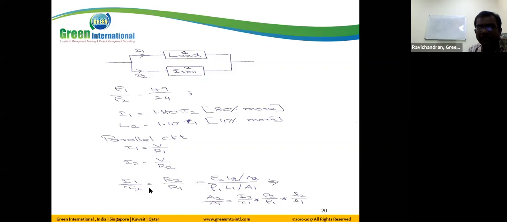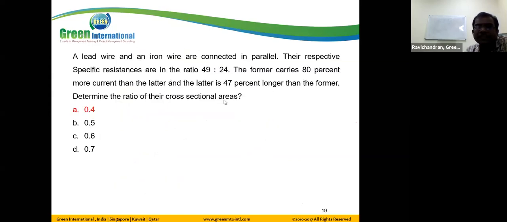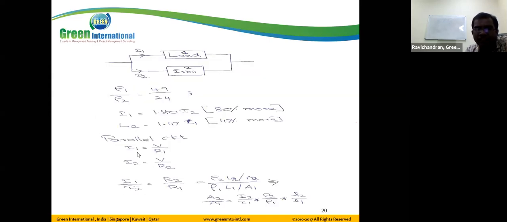So from this formula, I take a ratio because in the question paper they gave the ratio of the current. So from the formulas for I1 and I2, I take the ratio I1 by I2, which is equal to V divided by R1, divided by V divided by R2. We convert the things: the R2 denominator becomes the top, and so I1 by I2 is equal to R2 by R1. So by using this mathematical calculation.